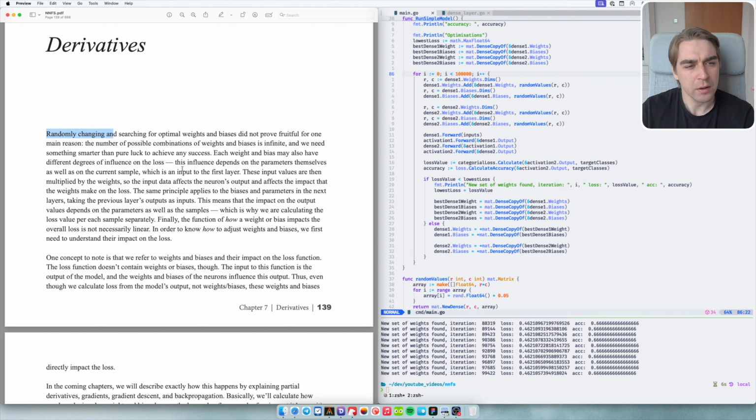These input values are then multiplied by the weight, so the input data affects the neuron's output and the impact that weights make, because the neural network tries to fit the current batch, the current input. Even the same model architecture will have different sets of parameters, like weights and biases, in the end, once you pass through the training data,